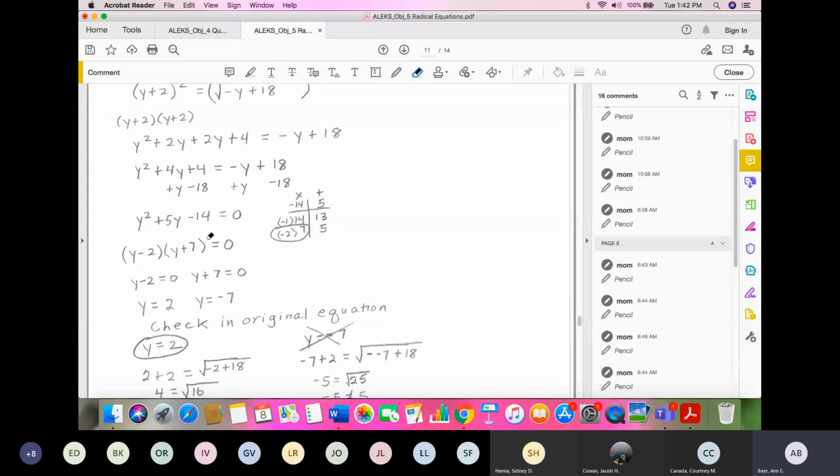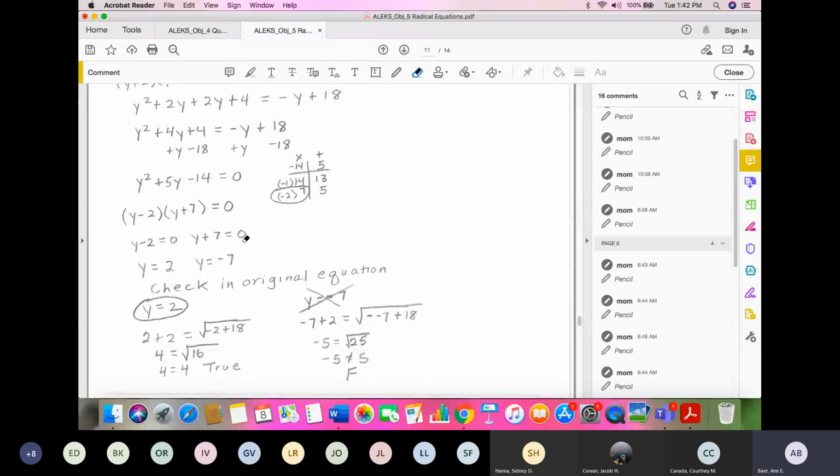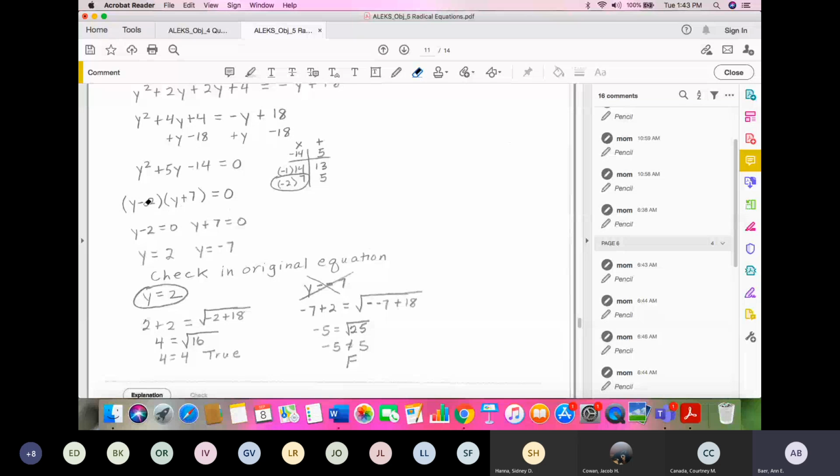Now, because the leading coefficient's understood to be 1, I know I can put y here and here. We put one of the numbers in the first factor, the other one in the second factor. It doesn't matter which one you put in first. And that's equal to 0. Now by the product property of real numbers, and we know that each one of these factors stands for a real number, the only way we can get a product of 0 is if one of them is 0. So we set each factor equal to 0.